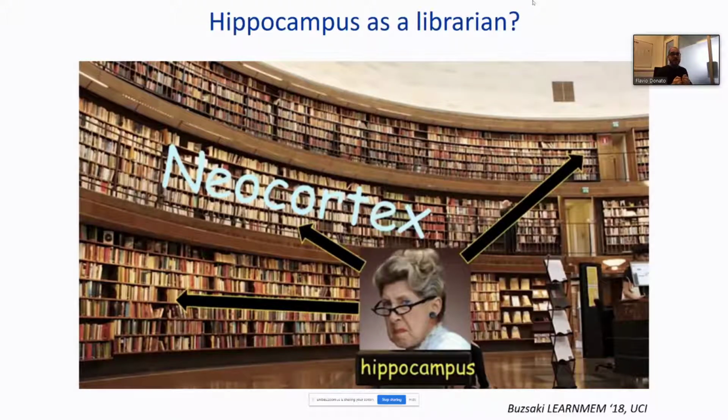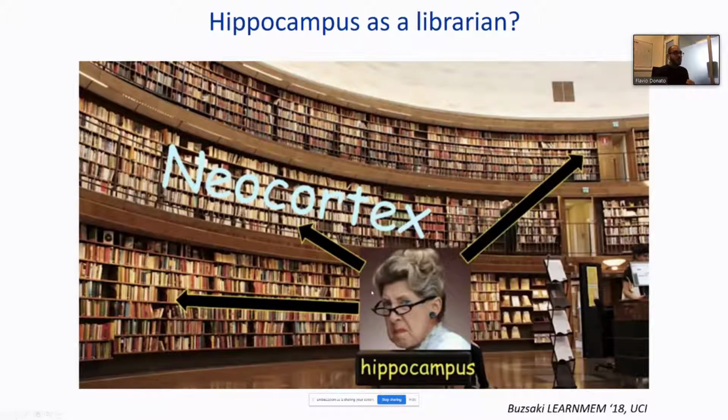The hippocampus, yes, has the ability to create a map of experience. You find the place cells, and if you lesion the hippocampus, you have problems in navigation. You cannot solve the Morris water maze that Maria was talking about yesterday. But at the same time, at least part of the cells of the hippocampus might act as a pointer, as a librarian that tells the brain, look, at that specific moment in time, you were subjected to this type of information, and you can find this type of information in different areas of cortex.